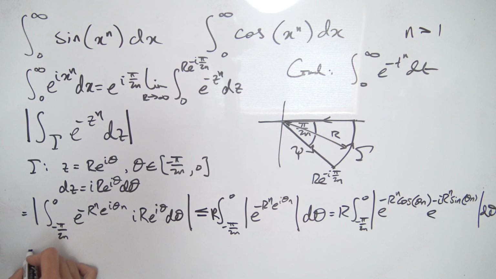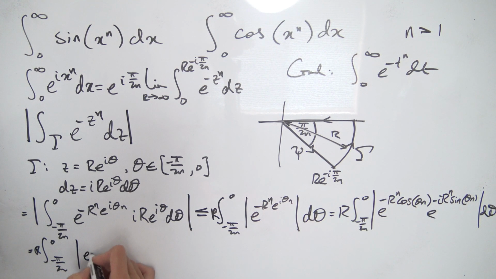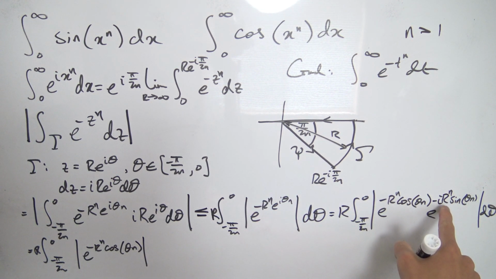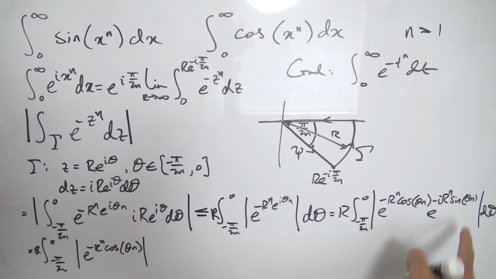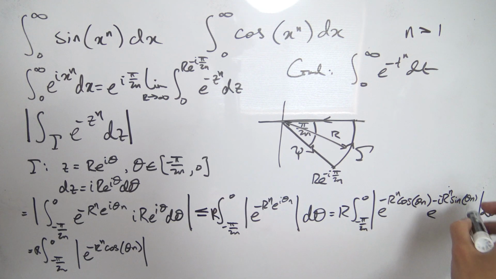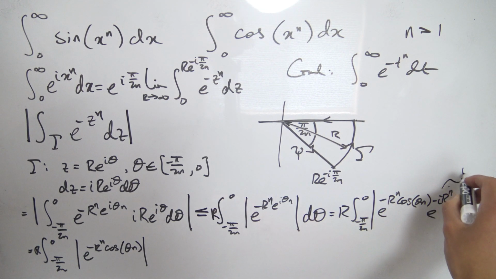So now we have the integral from minus pi over 2n all the way up to 0 times r on the outside as well. And then we have the absolute value of e to the minus r to the n cosine theta n, and then the absolute value of e to the minus i r to the n sine theta n. But notice, r to the n is real, sine of theta n is real, which means this whole part is